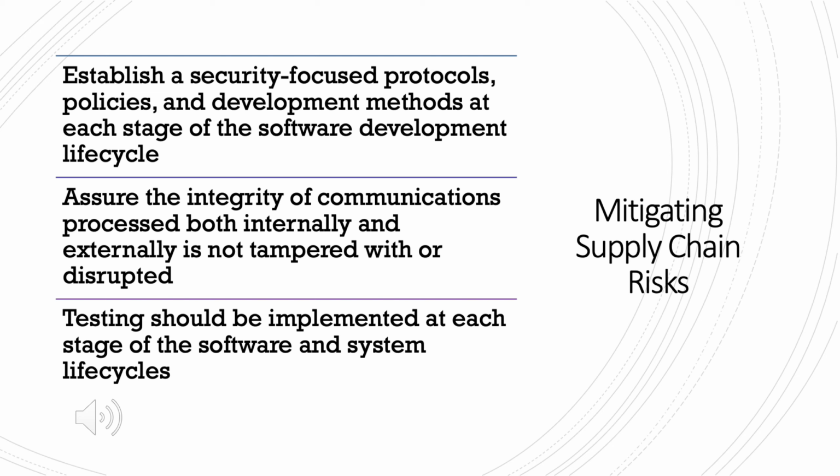Mitigating supply chain risks include the following: establishing security-focused protocols, policies, and development methods at each stage of the software development lifecycle, assuring that the integrity of communications processed both internally and externally is not tampered with or disrupted. To ensure the long-term viability and availability of telecommunications services, testing should be implemented at each stage of the software